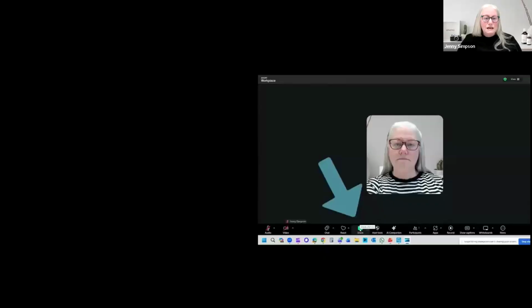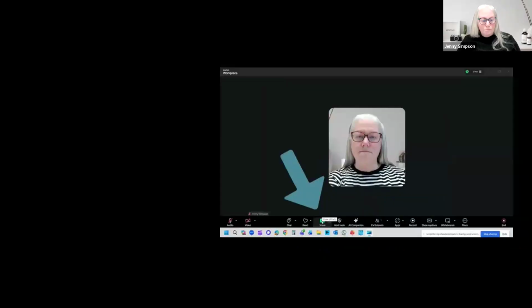So I've gone to advanced, clicked portion of screen, and I've clicked share the sound. I don't think there's a video, but I'm just doing it because it's what I remember to do. As you can see, this box here is what I moved around on the screen. So if I get rid of that presentation and bring forward